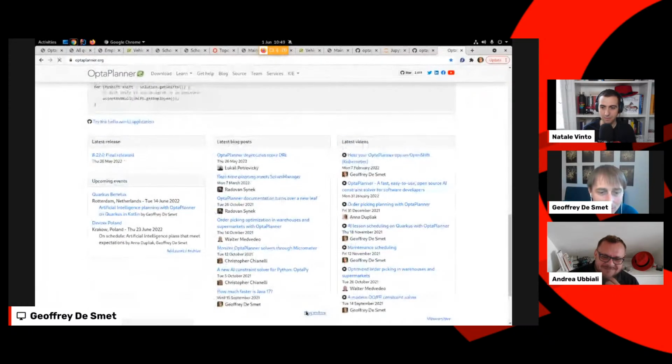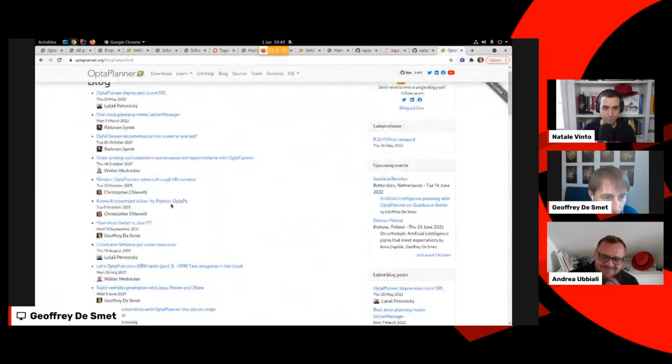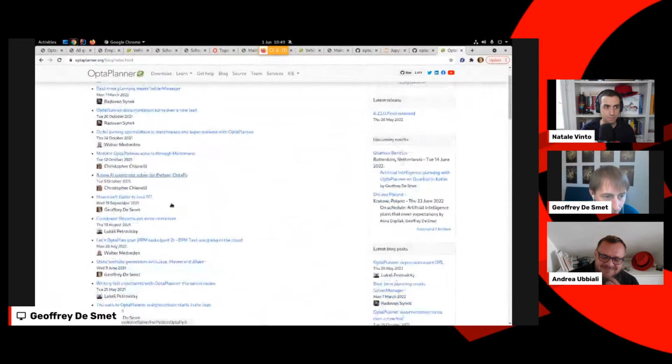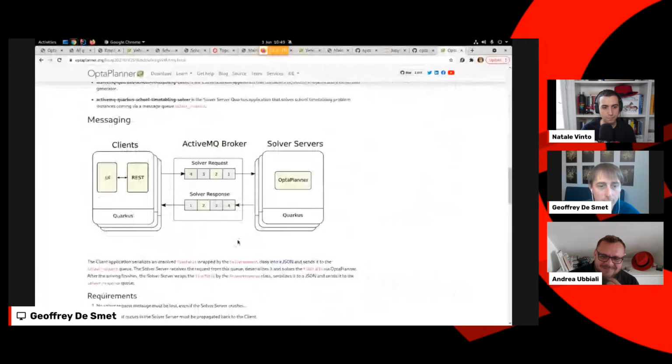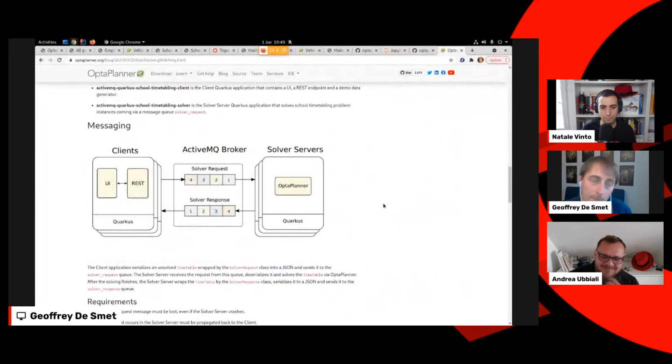How does it scale? If you follow the approach that was shown here, with that ActiveMQ approach, this scales well horizontally in function of your number of data sets. For example, if you have a vehicle routing problem, but you have a large company with multiple countries, multiple regions, provinces, and you have one vehicle routing problem per region, area, or state.